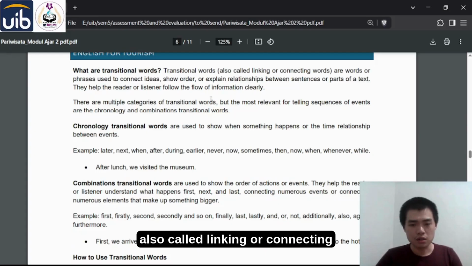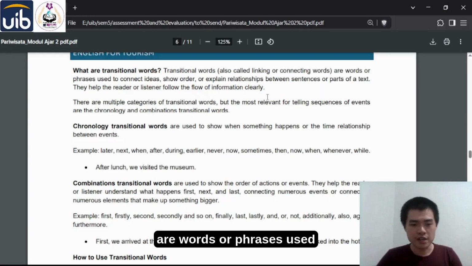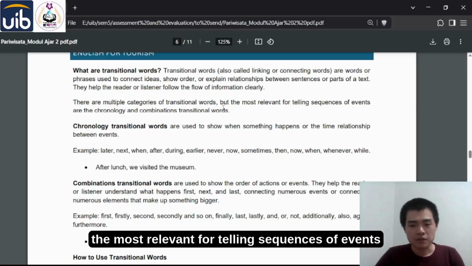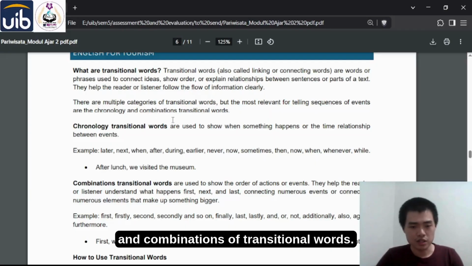Transitional words, also called linking or connecting words, are words or phrases used to connect ideas, show order, or explain relationships between sentences or parts of a text. They help the reader or listener follow the flow of information clearly. There are multiple categories of transitional words, but the most relevant for telling sequences of events are chronology and combination